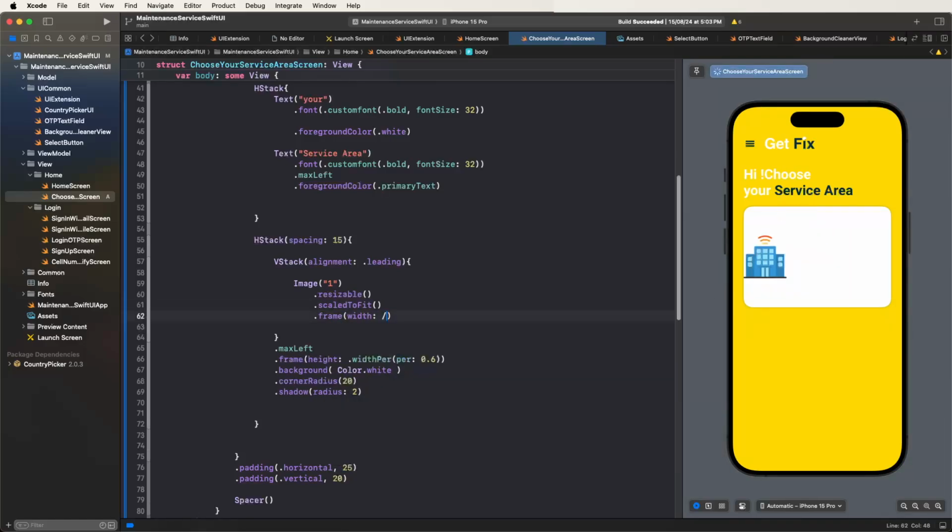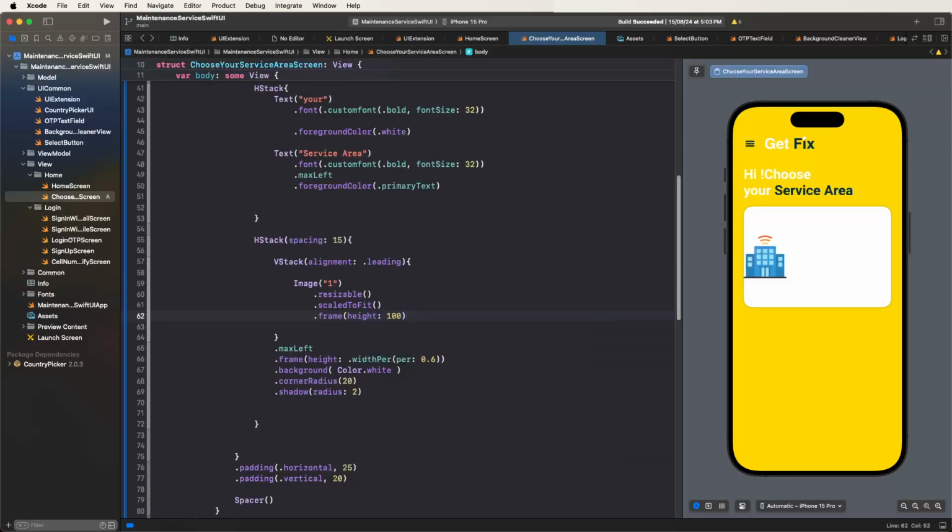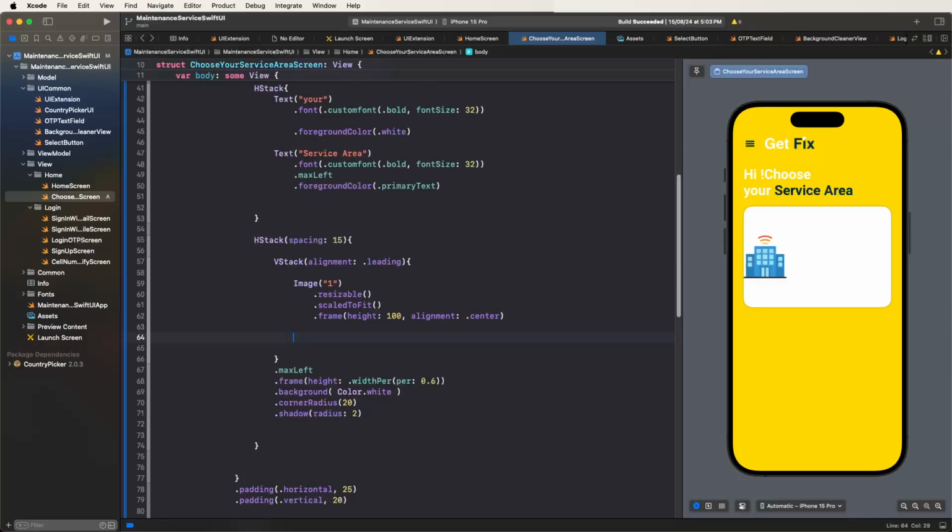We need to provide only the height. We need to set the 100, and also configure the alignment. We need to set the center, like here. Then after we need to set the